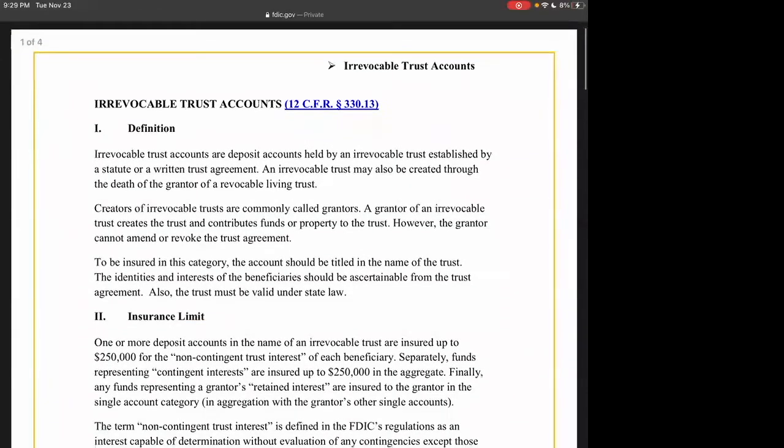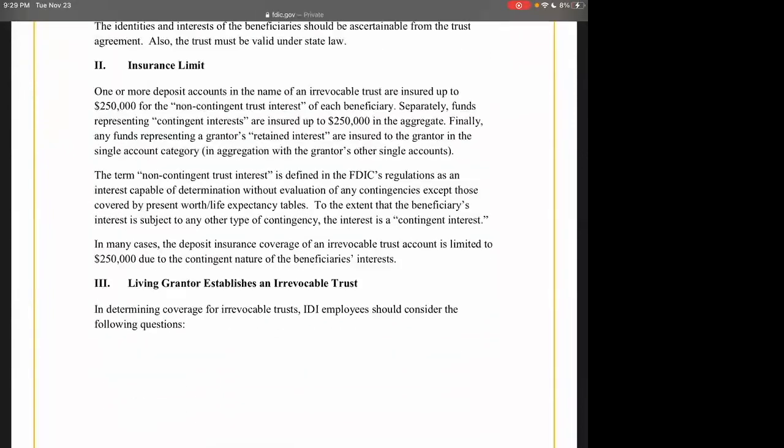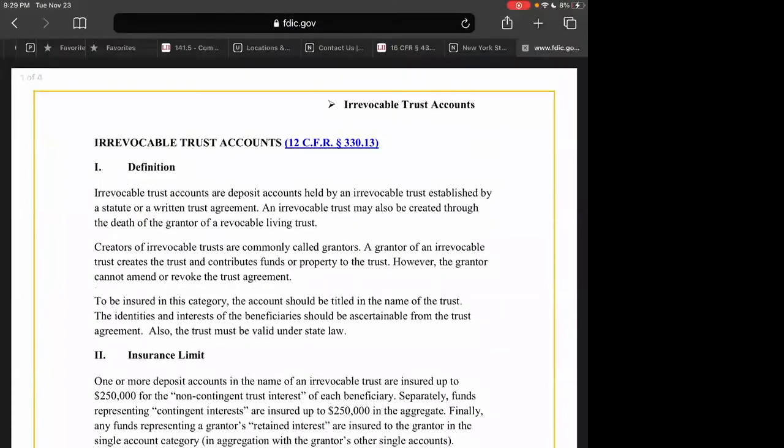Does anybody have any questions on irrevocable trusts as far as how it works, or what's the difference between irrevocable and revocable? What protections irrevocable has that revocable doesn't? What are the positions in a trust? If anybody has any questions on that, how does this work in conjunction with the estate, or just anything along those lines? Any questions? How did you layer your trust?